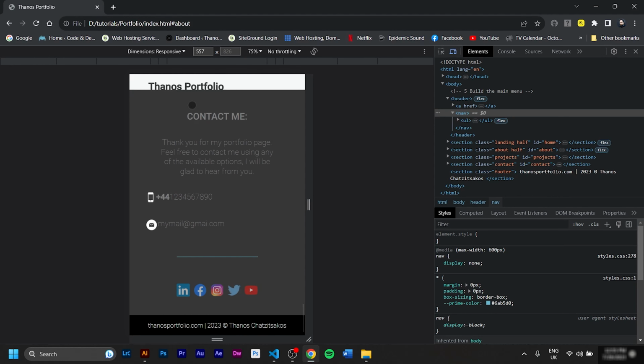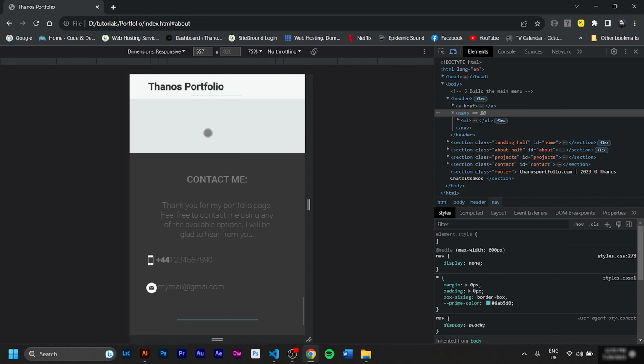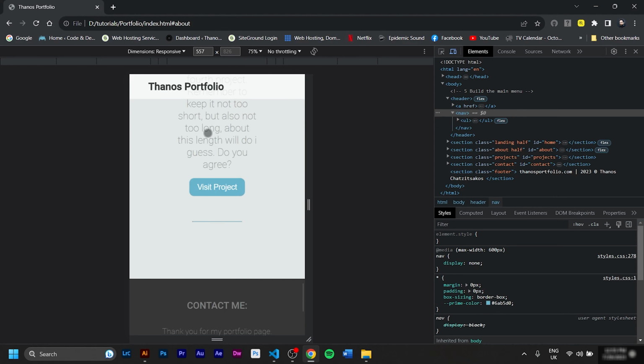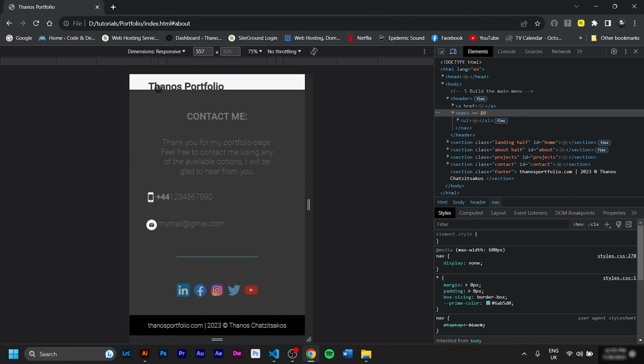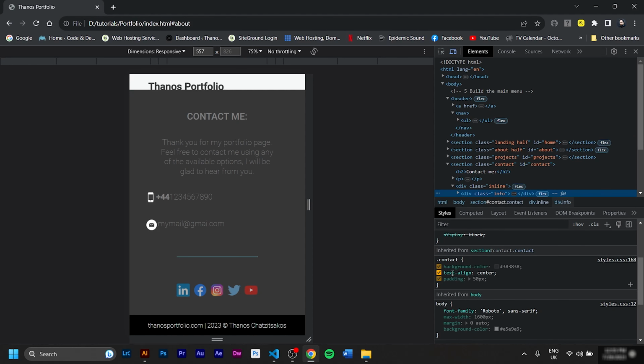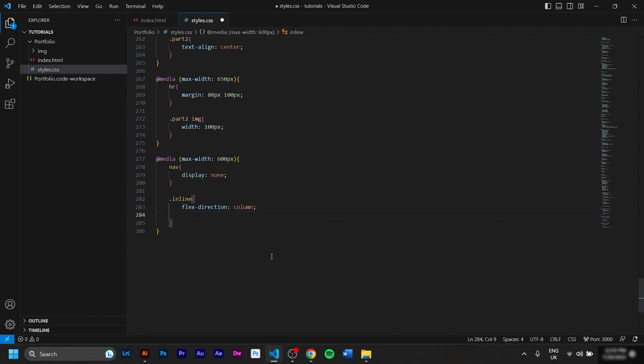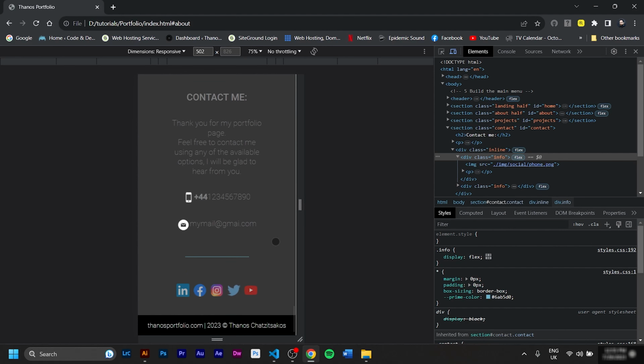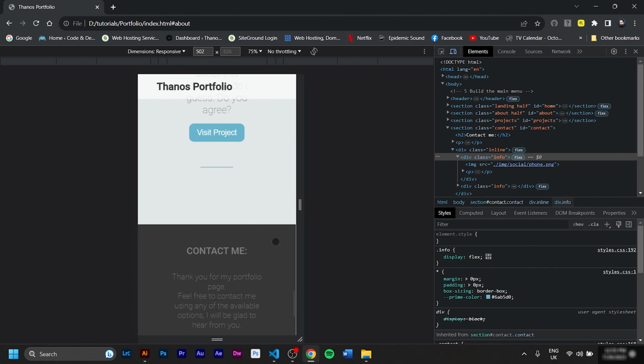Whoa. This actually looks like an effect from a design point of view. This is actually pretty brilliant to me. I don't know how we managed to stay right there, but it looks phenomenal. Why are they not centered actually? Let's see. They are the children of contact. Contact is text-align centered. Let's try align-items center, and it worked. So sometimes you just have to do trial and error.